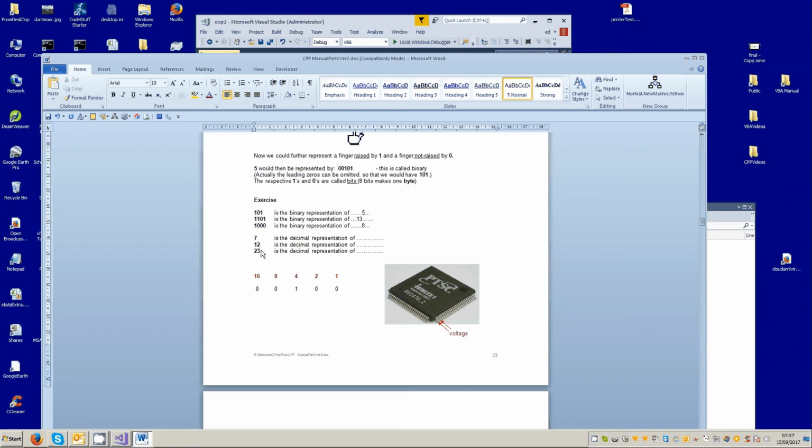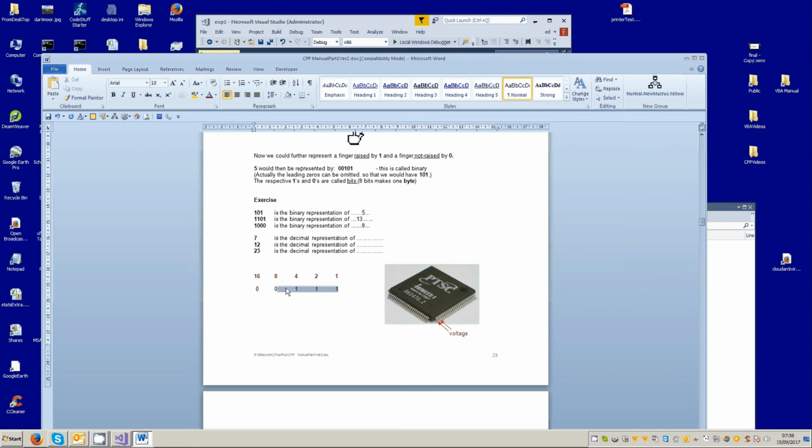Now, what you want to do then is 7 subtract the 4. That gives you 3. And then you say, oh, you've got 3. Does 2 go into 3? Yes, it does. So you put a 1 there. Then you say 3 subtract 2 gives you 1. Does 1 go into 1? Of course it does. So that gives you the